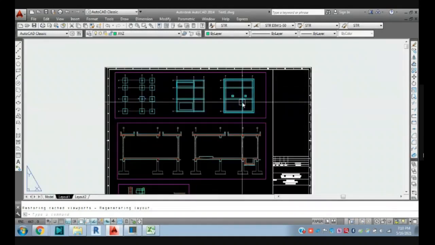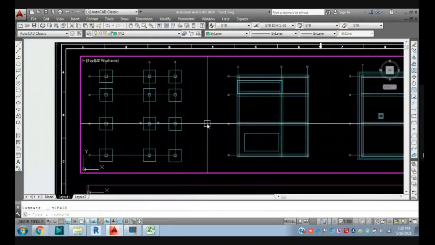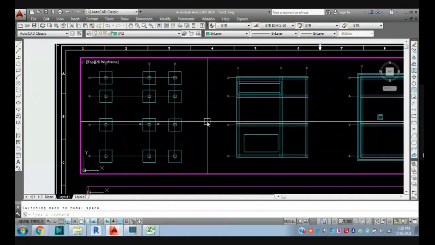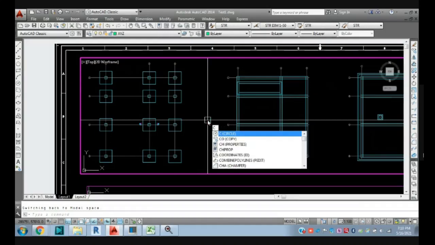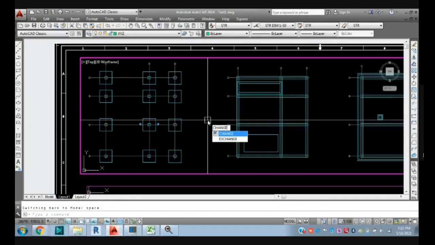When you are in model space or layout space, and you go inside, and if you want to come back to layout space, you need to give the change space command, CHSPACE.